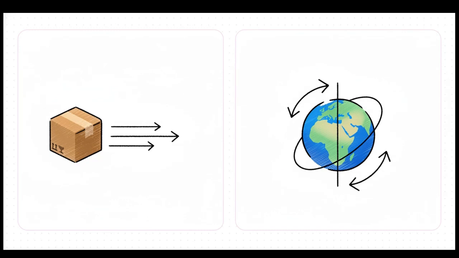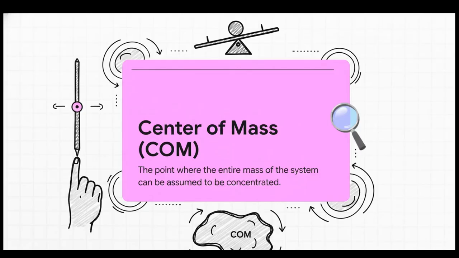Look, to really master rotational motion, you have to mentally separate the movements. In pure translation, every single part of an object moves uniformly in one direction together. Just picture a box sliding across the floor. But pure rotation, that's when a rigid body spins around an axis. That means the points right on that axis stay perfectly stationary, while the entire rest of the body circles around them.